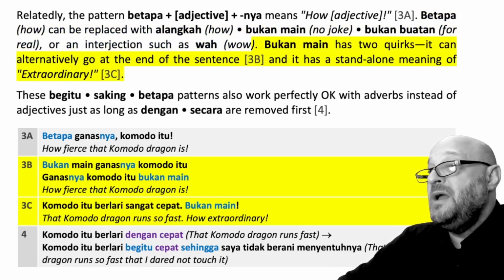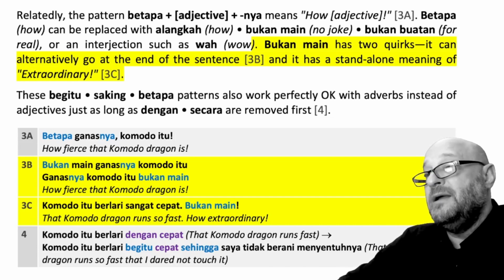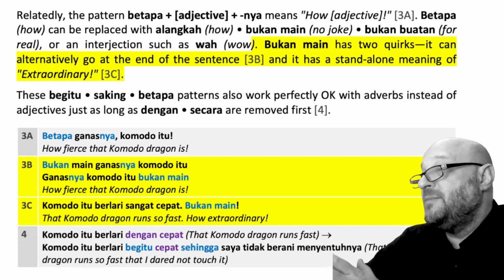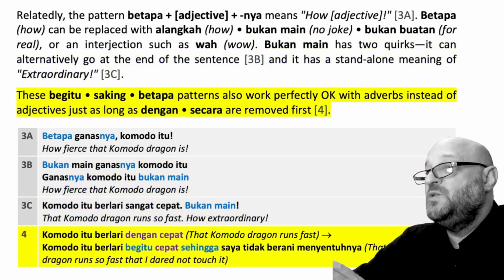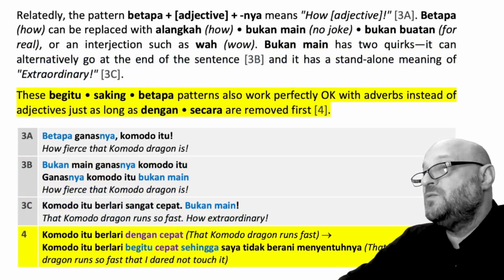Example 3b, bukan main ganasnya Komodo itu, or ganasnya Komodo itu bukan main. How fierce that Komodo dragon is. Example 3c, Komodo itu berlari sangat cepat. Bukan main. That Komodo dragon runs so fast. How extraordinary. These begitu, saking, betapa patterns also work perfectly okay with adverbs instead of adjectives, just as long as